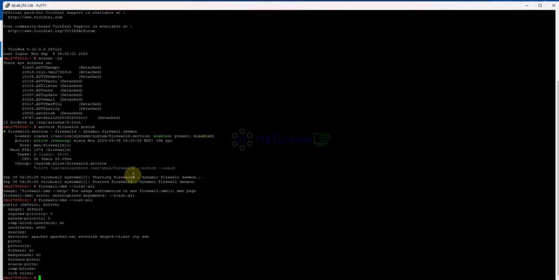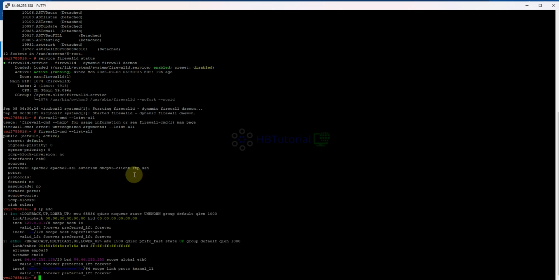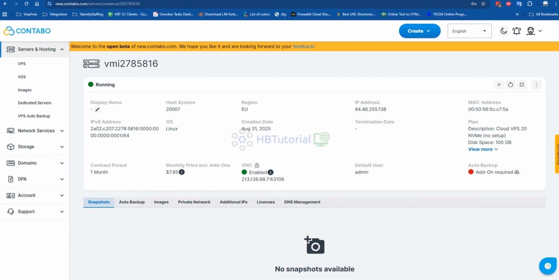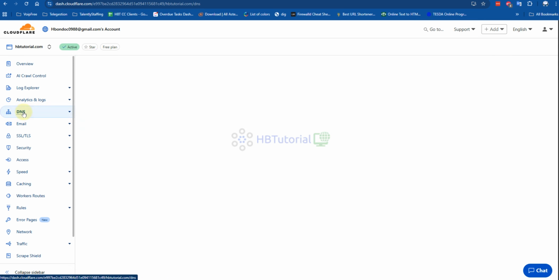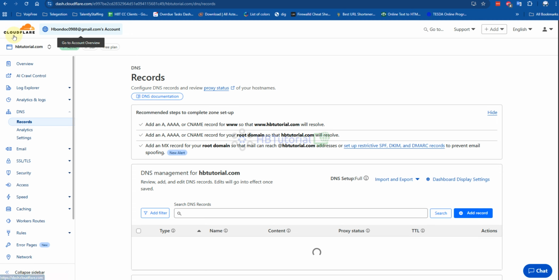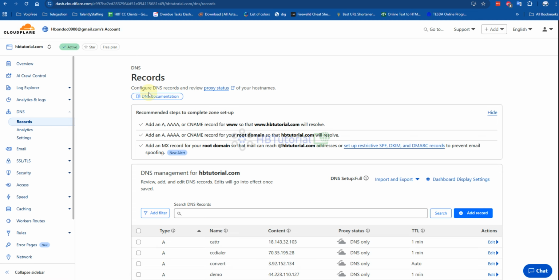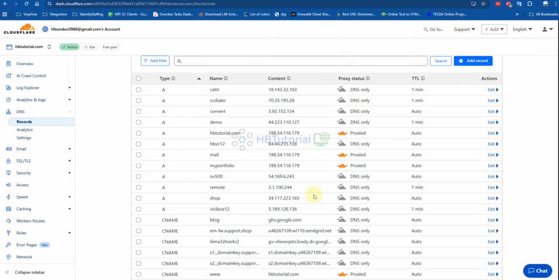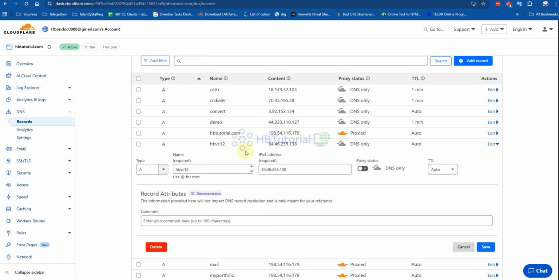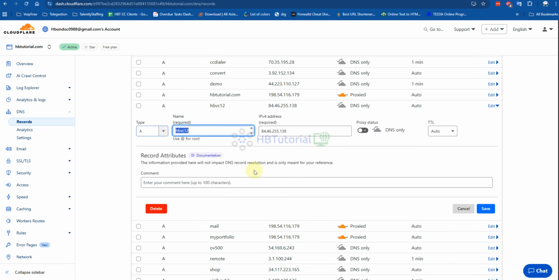Okay, so now we're going to prepare our domain. So I need to get my IP address. I need to go to your domain control panel, your domain DNS manager. I'm using Cloudflare, so I host my domain here. I think yesterday we already created this one, the HB VC12.